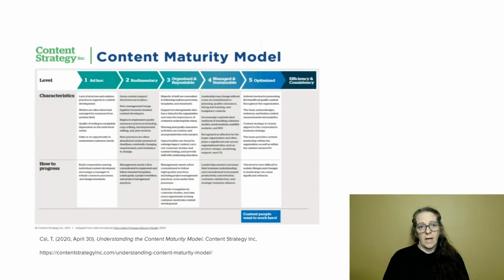The next one that we'll look at is this content maturity model for content strategy. I can't say for sure, but I'm pretty sure that it's based on the information process model that was created by Joanne Hakos. This one is a little bit more complicated than the model that we looked at before. It has what we call key process areas. So you'll see in the first column that there is more than one aspect of maturity that it's measuring. And so maturity might look different and be in different places for these key process areas. I can show you that a little bit more when we look at one of the maturity models for Wikimedia.